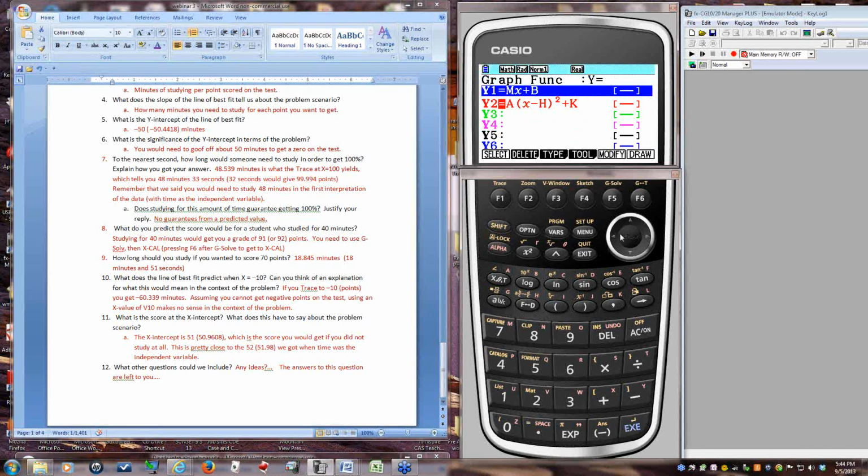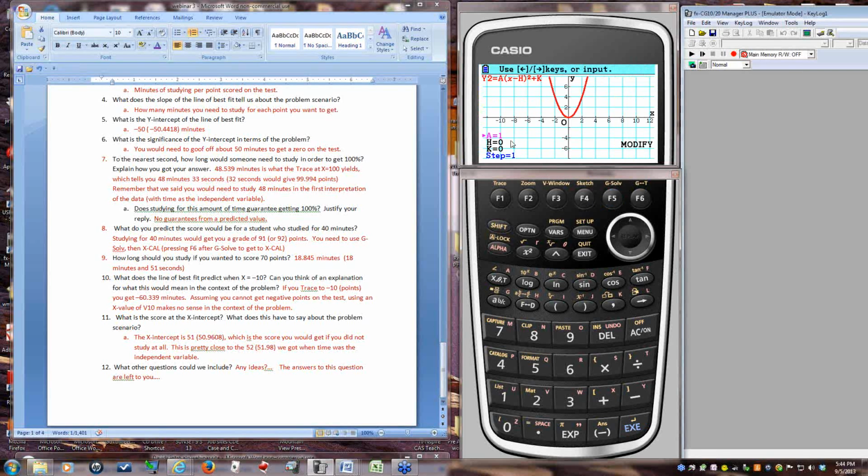So if I'm going to enter this one, I just want to show you one quick feature. I can do the same thing with Modify, even if I had data points that were parabolic. Or if you wanted students to explore what happens when you get different parabolas, and notice that there's a yellow one. If I go back to 1 and execute, it was 4. The yellow is in there. If I go down to H, that's my horizontal shift. If I put in 5, it shifts it to the right because it's a subtraction. I can do a lot of this.